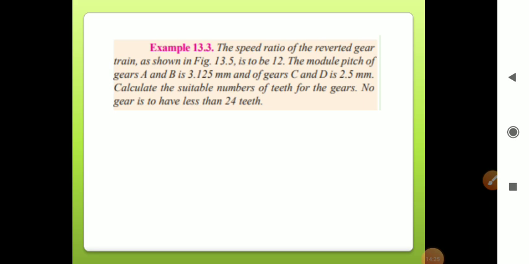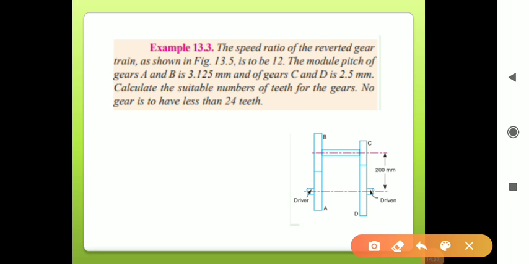Now, first thing while solving any problem is to write down whatever data is given in the problem. So this is the figure. See here, this is gear A, and this is the driver. Now gear A and gear B mesh with each other. B and C are in contact, and C rotates gear D. Now A and D are coaxial and B and D are also coaxial. And the distance between these two is what?